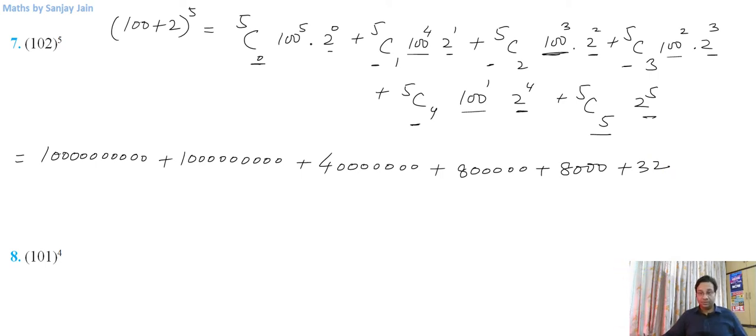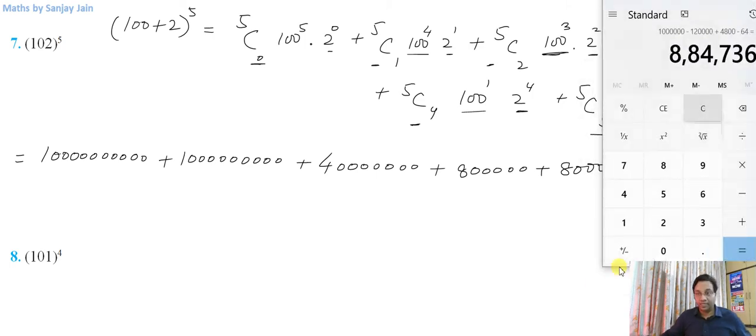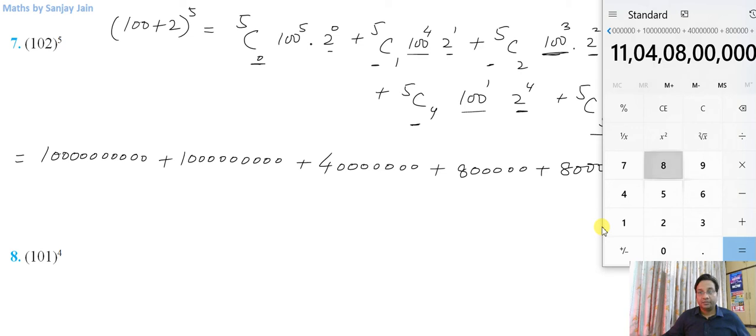Can I leave it to you? Or let me use the calculator for my comfort. 1 followed by 10 zeros, plus 1 followed with 9 zeros now, plus 4 followed with 7 zeros, plus 8 followed by 5 zeros, plus 8000,